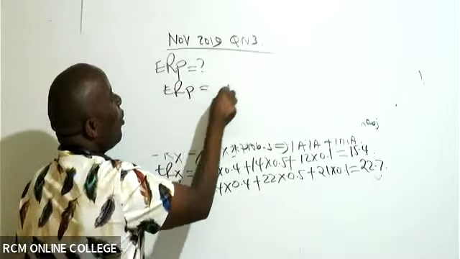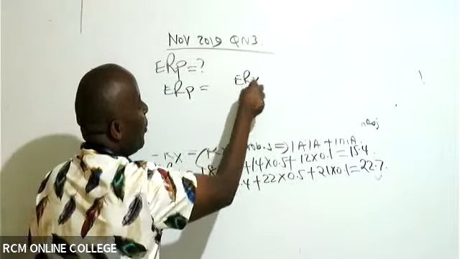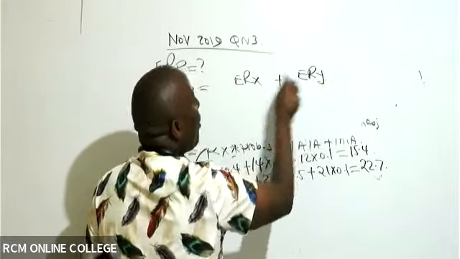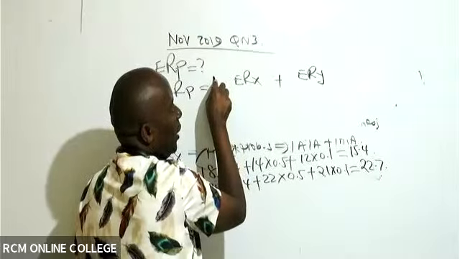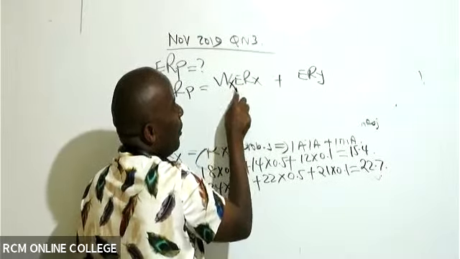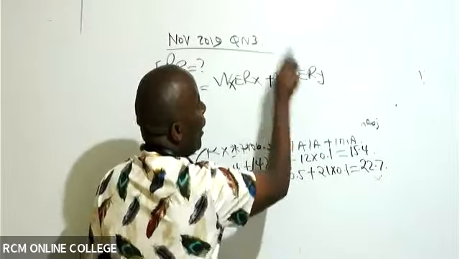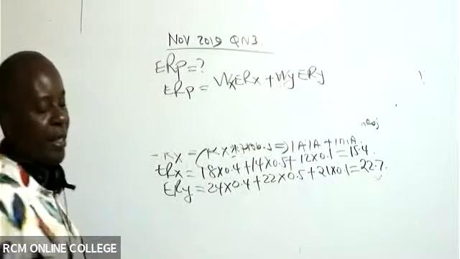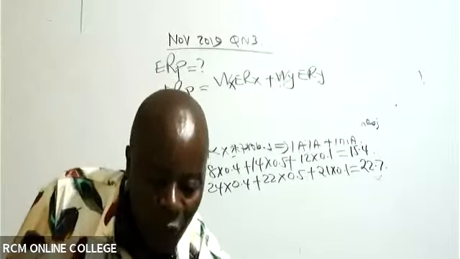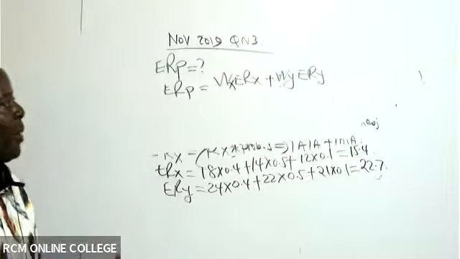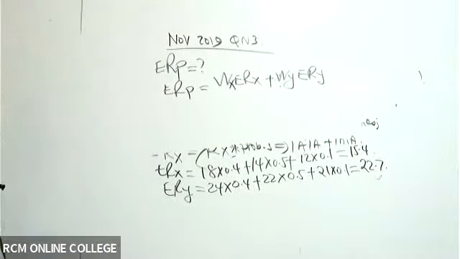Why? Because we have taken in this case here X, right? And then in this case here, we combined this with what here? With Y. But now remember, it has to be proportionately. So this has to be weight of X, expected return of X, plus weight of Y, expected returns of Y. Because a portfolio is a combination of different assets.